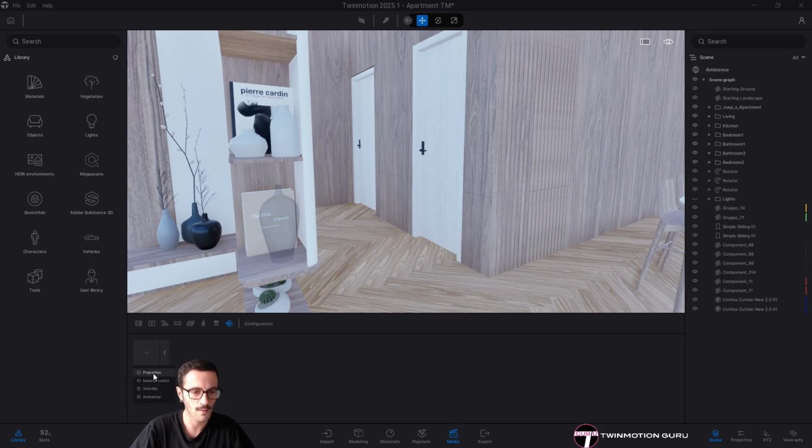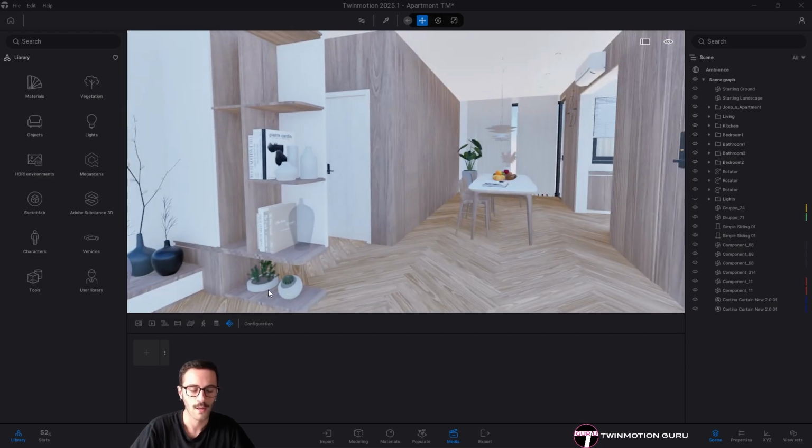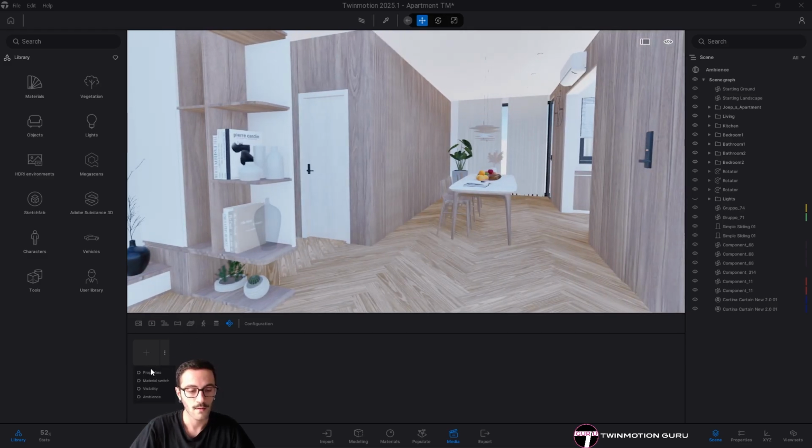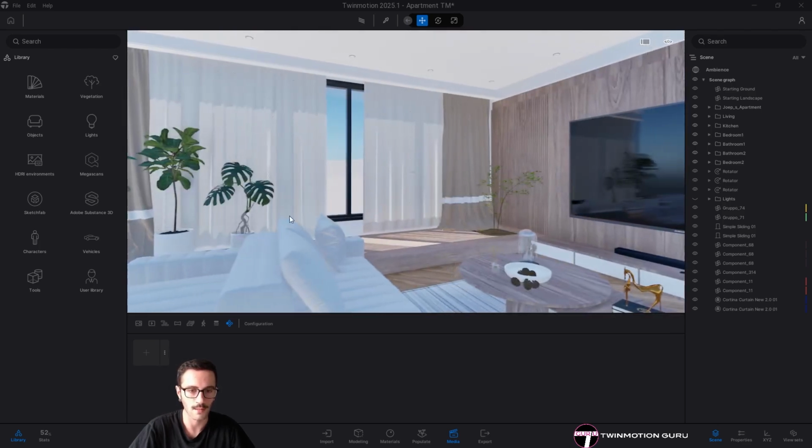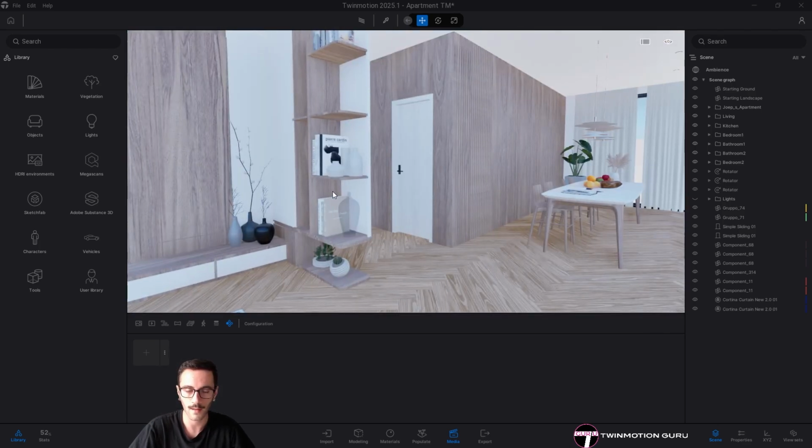The properties is the one that enables you to activate, by clicking a simple dot or point, the rotators or translators. Materials, of course, to switch materials to objects or group of objects. Visibility to switch on and off specific components or 2D models. And ambience to change the ambience in your scene only by clicking a single button or point, the same. But let's proceed and move on with the first one, the properties.